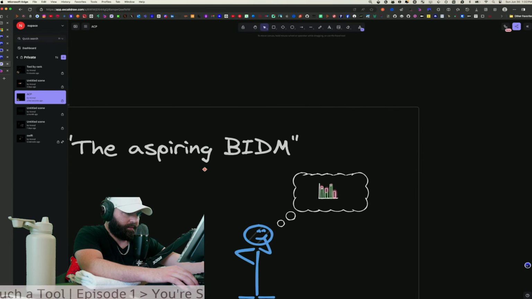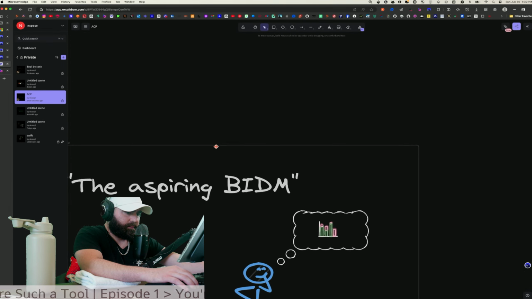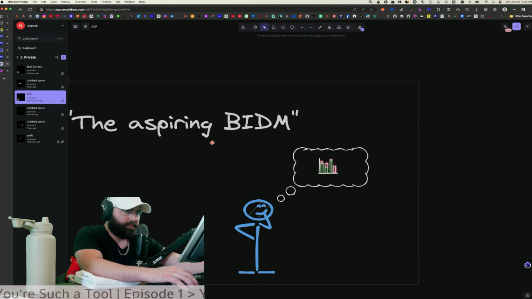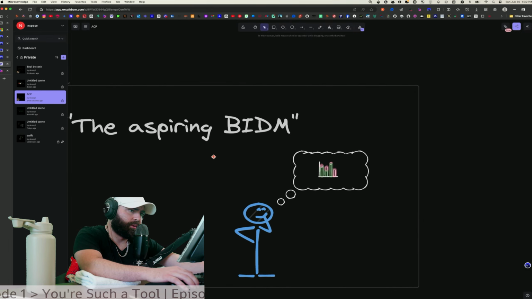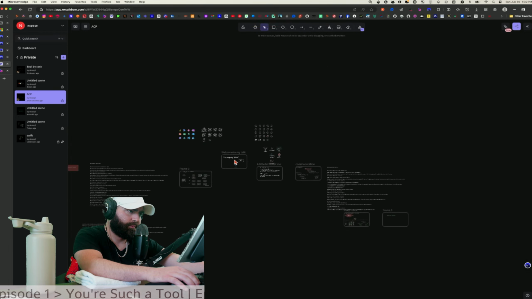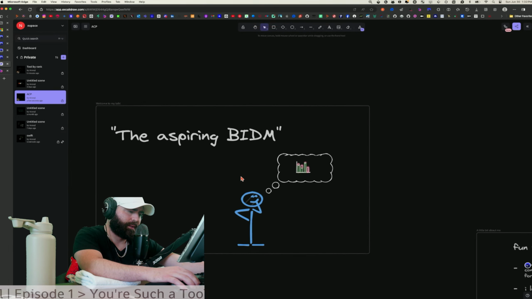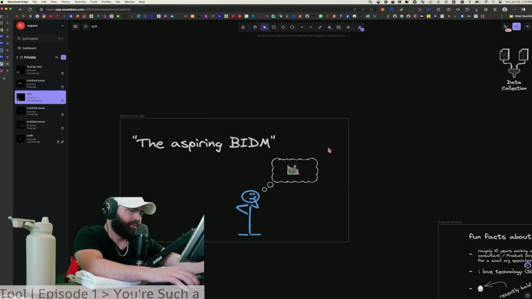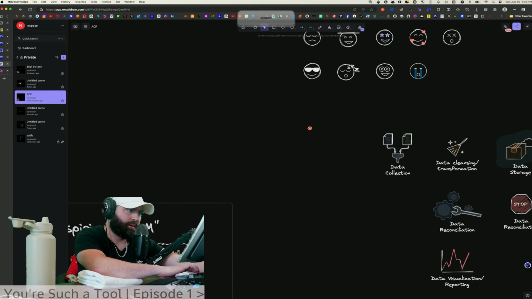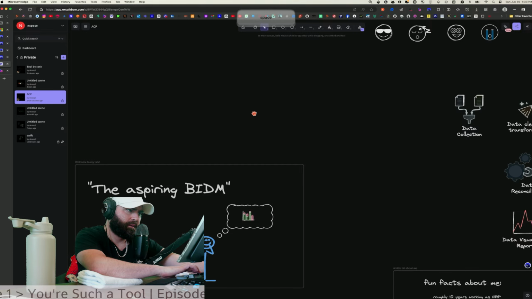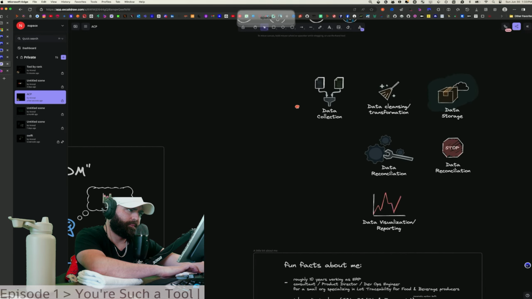Excalidraw doesn't do that. In Excalidraw, the scroll wheel is vertical scroll. You have to hold control or command to zoom, which is not that big of a deal. But they don't let you change the way that you pan. So you have to hold spacebar, and while you're holding spacebar, you then also have to hold left click and move the board.